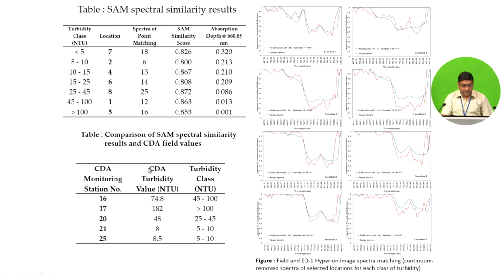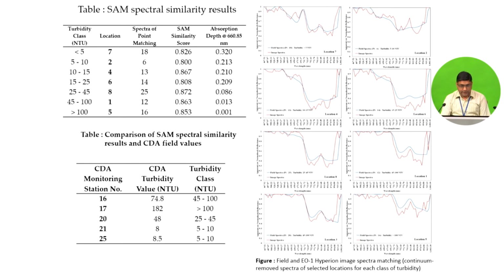So later what we have done, we have compared our estimated turbidity with the measured turbidity. The Chilka Development Authority measures the water quality parameters of this lake very regularly. When we compared the latest data corresponding to this date, it was well matching with the observed turbidity. So I would like to mention here that if we have the field spectral library of water with respect to a particular water quality parameter, we can generate spatial water quality maps using the hyperspectral remote sensing data.